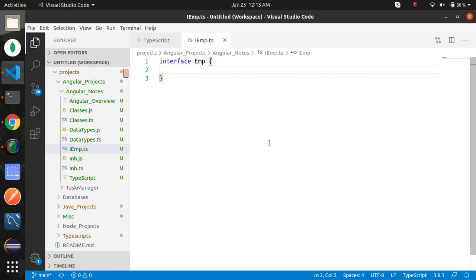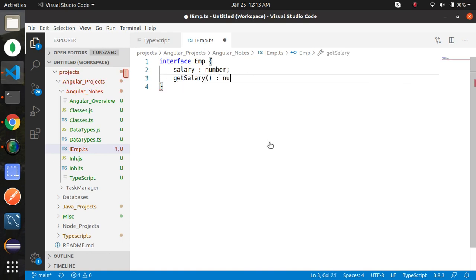So I am giving here, suppose, salary, and the type is number, the method is get salary, and the data type is number. As I told, an interface holds abstract properties and methods.